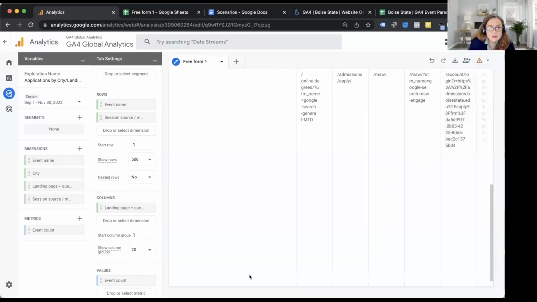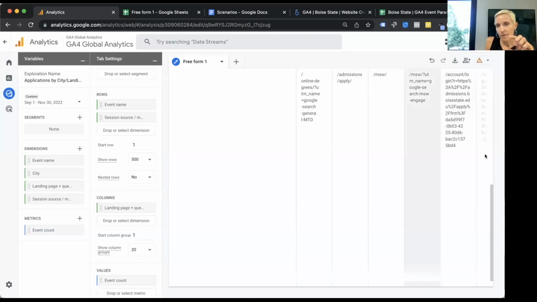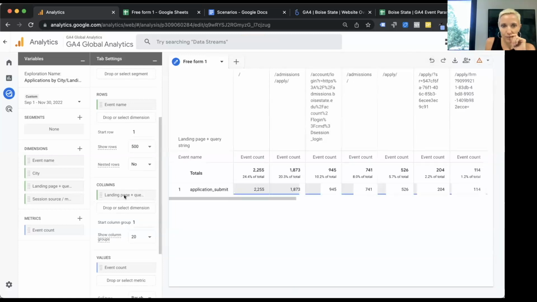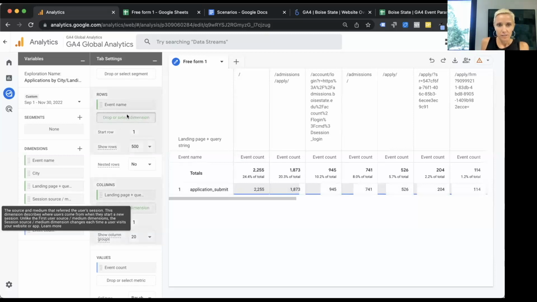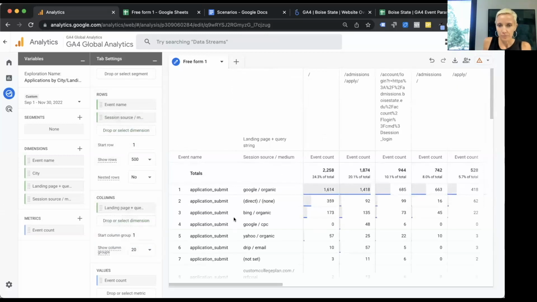Would it be because it's 500 rows? Yeah, either that or we have a column header that's just huge and squeezing everything down. You get the gist though. We could just isolate that, or we could do instead of the, oh, let's see here. I lost it. Session source medium.